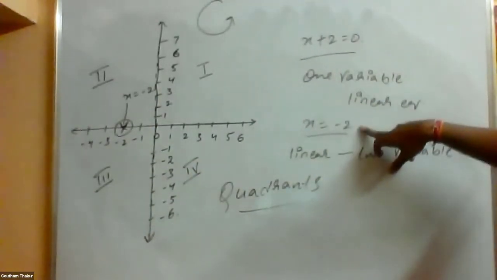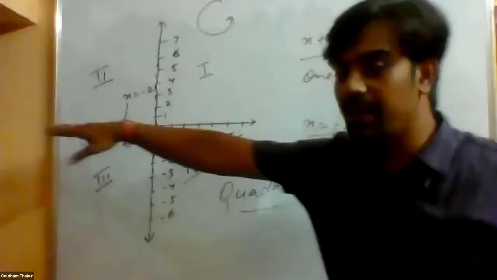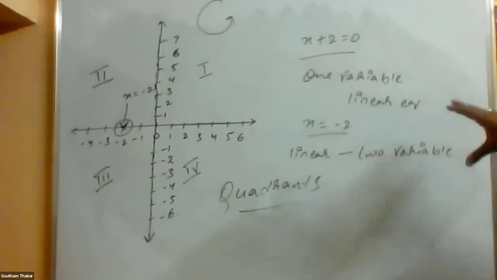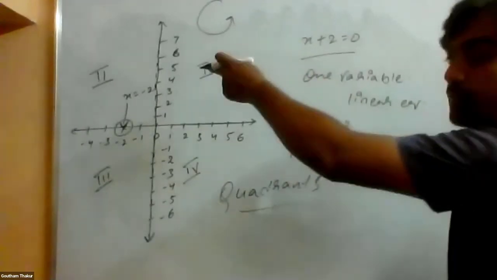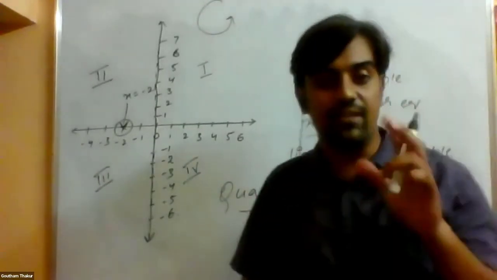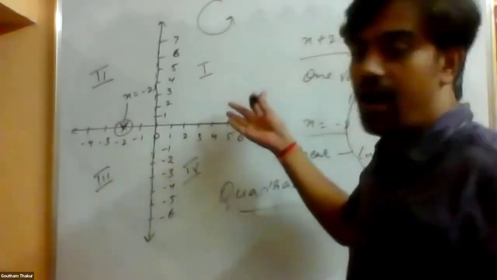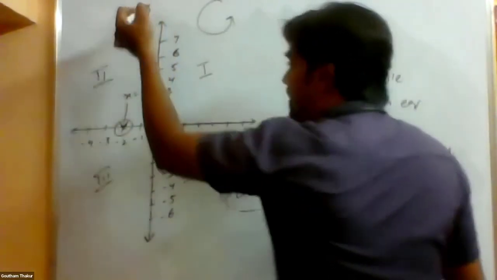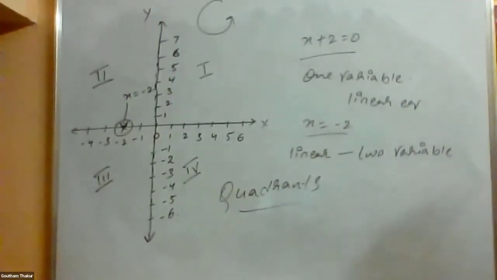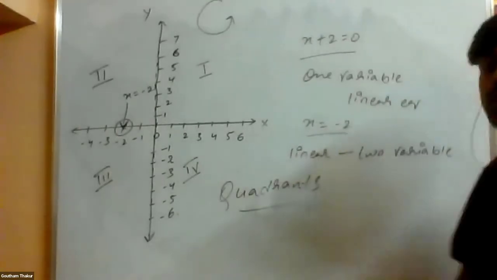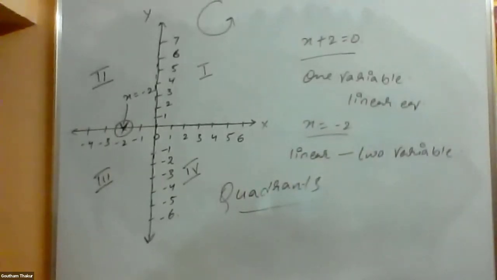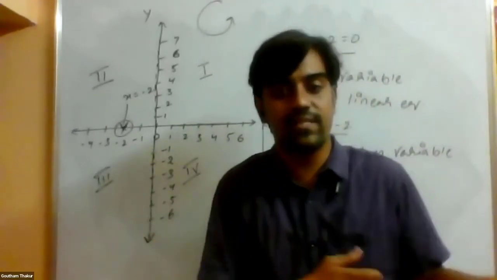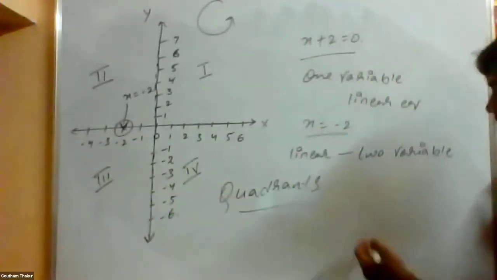As we could construct the value of x, that is the one variable thing, on the number line, similarly I want the two variable part also to be constructed. But if we have two variables, obviously my graphical representation should be different. I have the x-axis over here, I have the y-axis over here. Now I'll be individually calculating what is x and what is y. Sir, how do you know the values? Let's see over here.